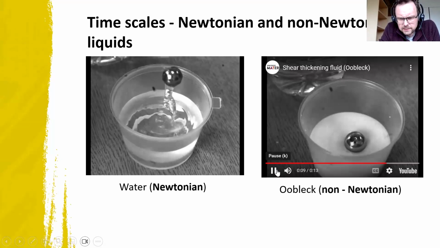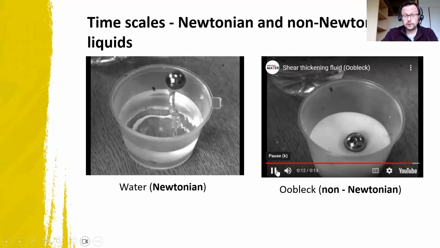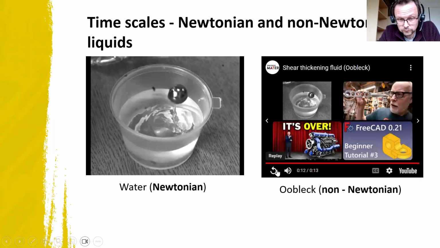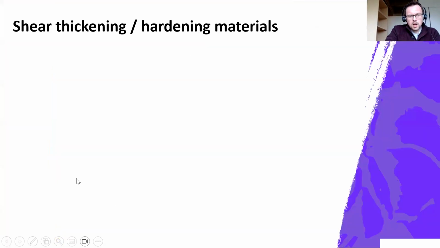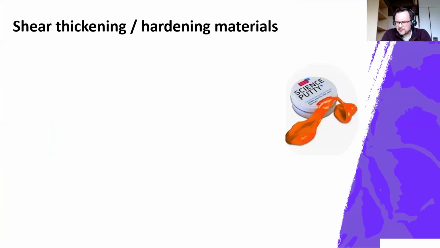So you can have a go at making some oobleck at home using corn flour and water. And this kind of behaviour inspired the development of protective materials. So this science putty that you may have seen, this is an example of a shear thickening